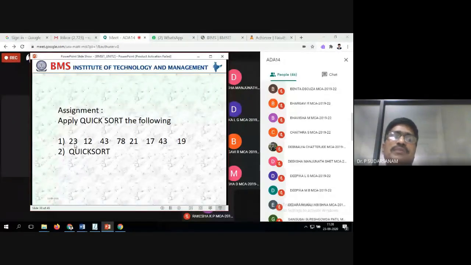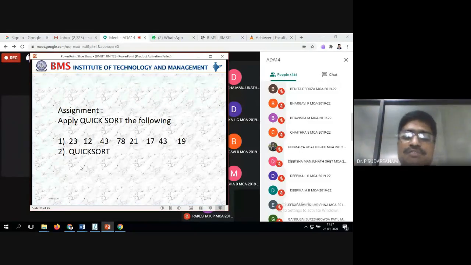And the pivot element you have to place in such a way that the elements lesser than the pivot element come to the left, and the greater elements should come to the right hand side of the array. That's what you have to do. Write it the same way I have written it and type it there. First row, second row, third row, fourth row. It will take 5 to 10 minutes.